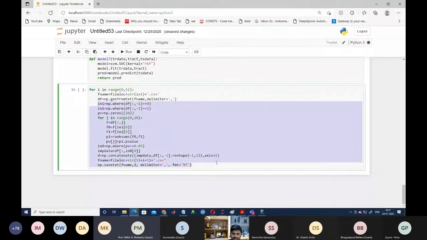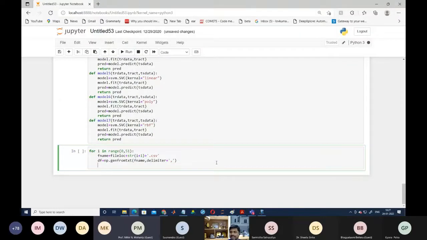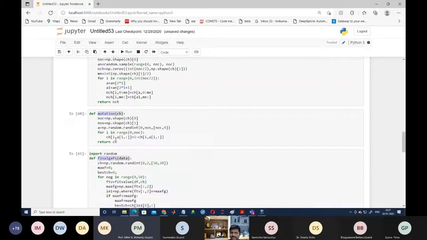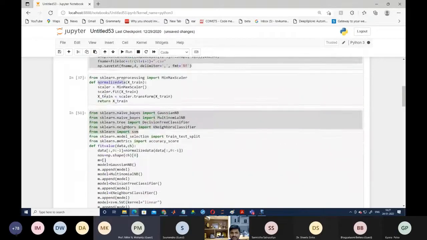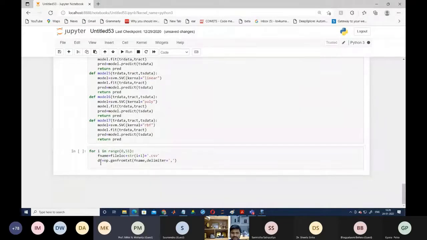Once we got the data, now we have to find the training data and testing data, but before that we have to normalize the data. So we are using this normalization technique. Before going to the model development, we are going to normalize the data. So we are writing here data, or later you have to write df, or here you also have to write data of all rows, columns 0 to -1, equal to normalized data of all columns. We are going to normalize the data.